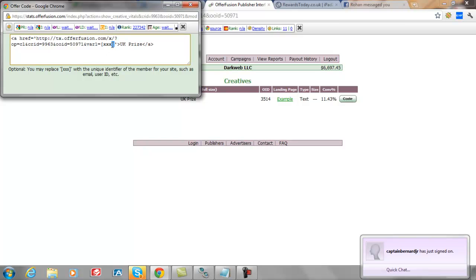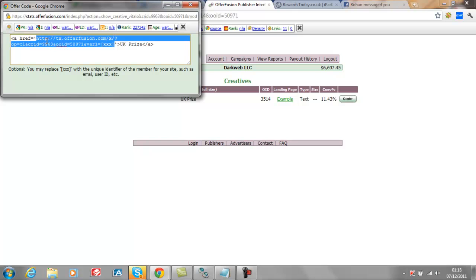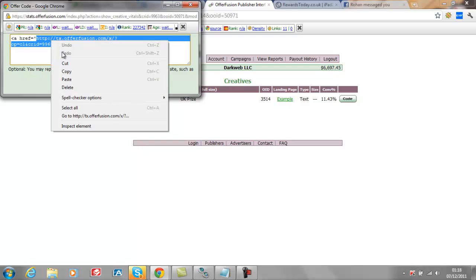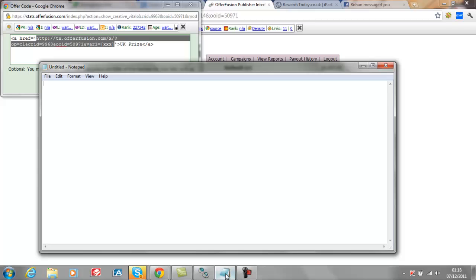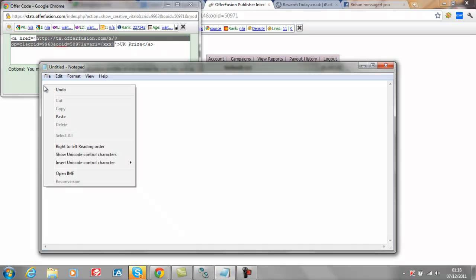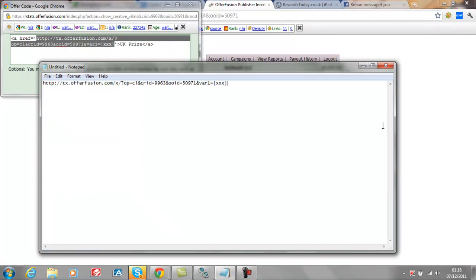Now, what I want you to do is copy this from the variable, which is the XXX in square brackets, to the beginning of the HTTP. Copy this, open up a notepad, paste it into there. This is where we change the variable. We wish to change this to